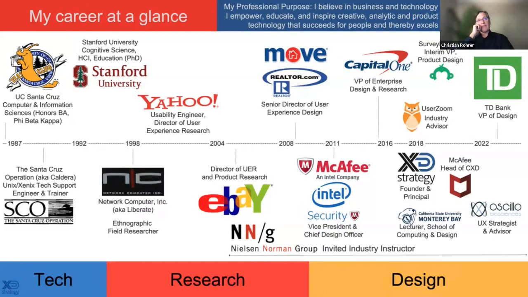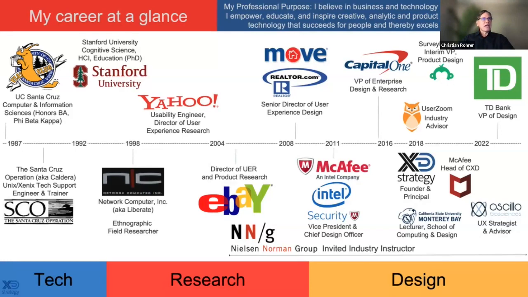And then I had this nice second career, I would say, after working 5 years in technology. I had the second career in the UX field, mostly at tech companies, but also a couple of banks. So Capital One and TD Bank. I'm really very proud to say that I'm heading up the design team at TD Bank. It's been a really good experience over the last about 18 months or so. And I have managed Canadian teams before that at Intel and McAfee and Capital One, but now this is much more in depth into how banking works in Canada as well as the US. So really thrilled to be here for that.